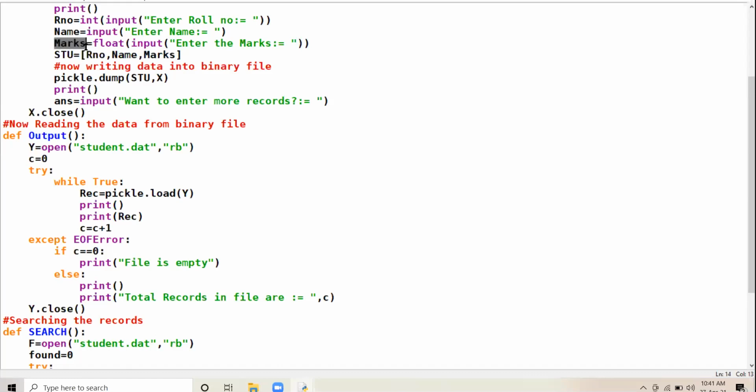And as you already know, indexing in a list starts with 0. So roll number is at index 0, name is at index 1, and the marks field is at index 2.